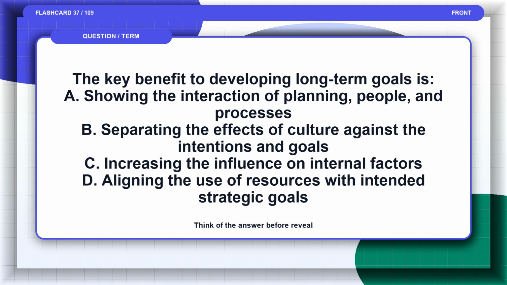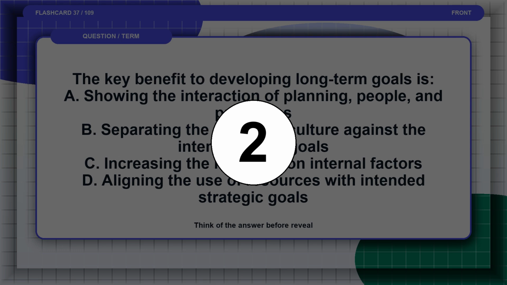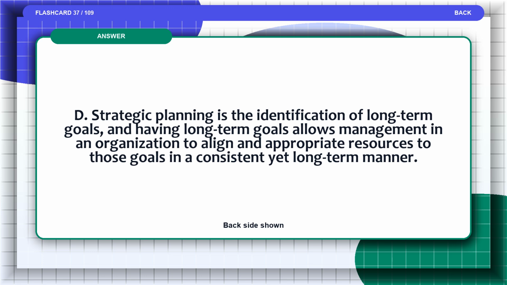Flashcard 37. The key benefit to developing long-term goals is: A. Showing the interaction of planning, people, and processes. B. Separating the effects of culture against the intentions and goals. C. Increasing the influence on internal factors. D. Aligning the use of resources with intended strategic goals. Pause and think of the answer before the reveal. The answer is that